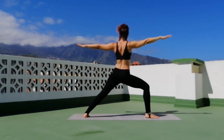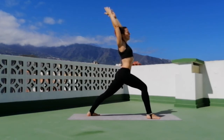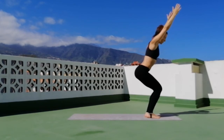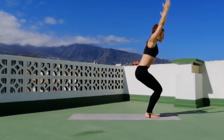Exhale, coming back into warrior two, arms in line with the shoulders and bringing the hips to face forward, coming into a warrior one position. That left leg takes a big step forward, coming into Utkatasana, chair position. Try and suck that belly button in and keep that back nice and straight, arms in line with the ears,